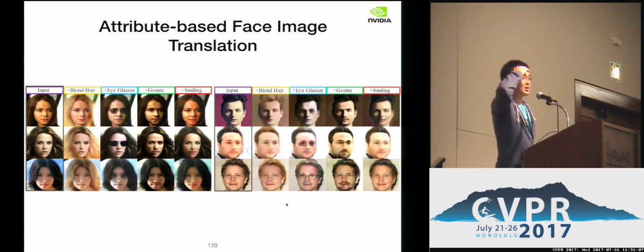Since we published the paper, a couple of different groups, since we didn't release the code, have implemented it independently. Some of them tried to do the male to female conversion, and it seems like it doesn't work quite well for male to female. So I think there's still a limit to how much this model can achieve.